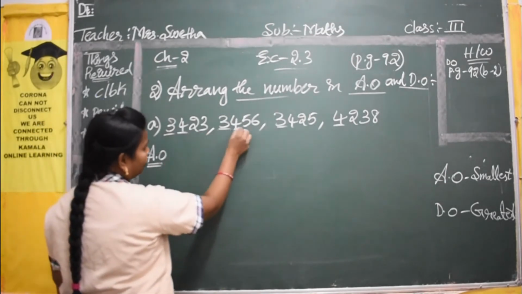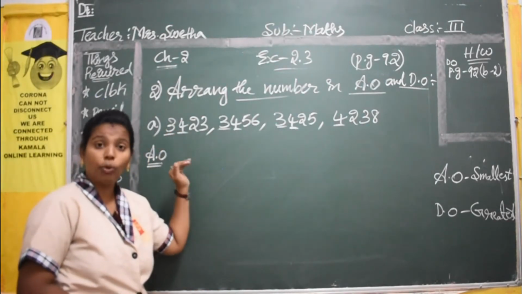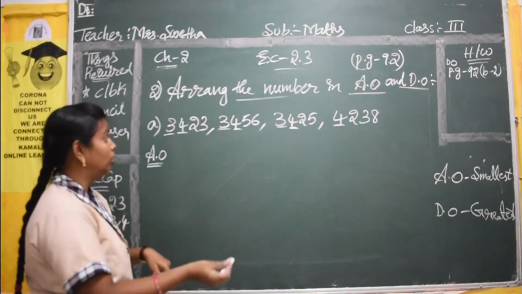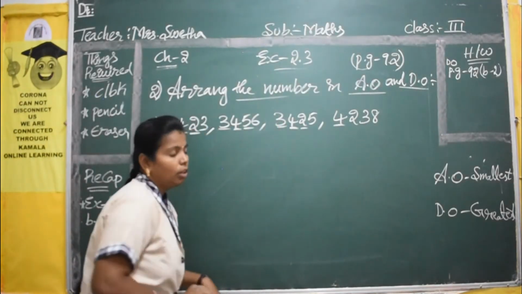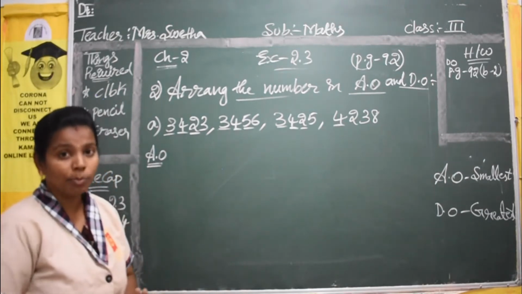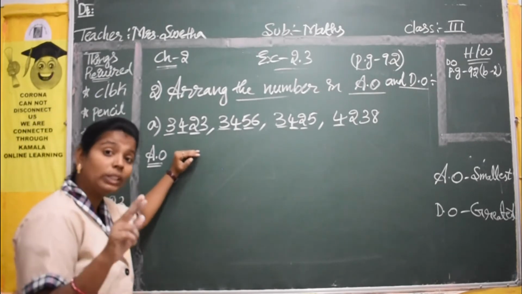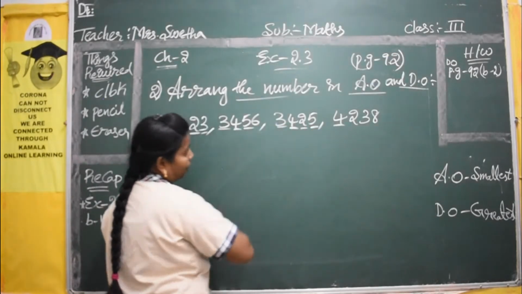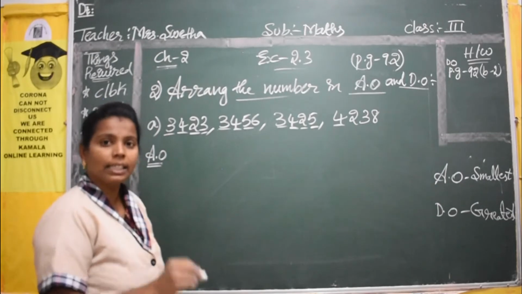So 4, 4, 4. See, in these 3 sets you have 4, 4, 4. The second digit is also same. So we will move on to the third digit. 2, 5, 2. So which will be the smallest one? Yes, 2 is the smallest one, but again in that 2 also you have 2 sets, so you have to check one more digit, 3 and 5. So in this 3 and 5, which is the smallest one? Yes, 3 is the smallest one.